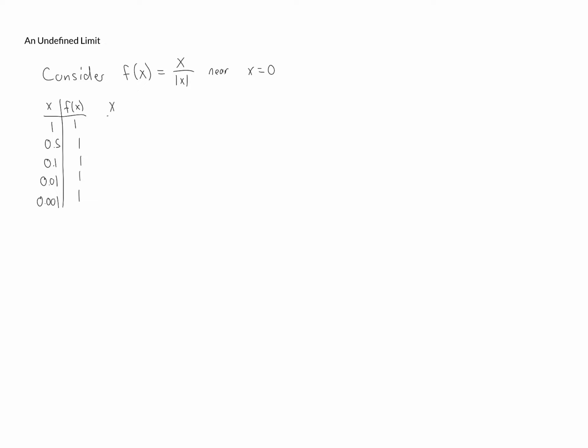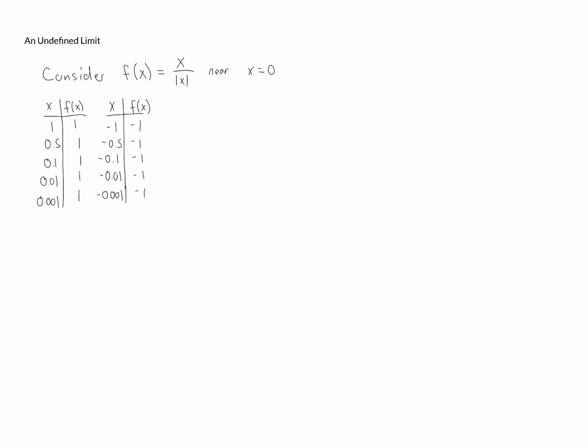However, if we look at negative values, we end up with something different. Negative 1, negative 0.5, negative 0.1, etc. When we take the absolute value of a negative number, it becomes positive. So whenever we're plugging in a negative, we end up with a negative divided by a positive, which ends up being negative. So all of these are going to be negative. And in fact, they're all going to be negative 1,